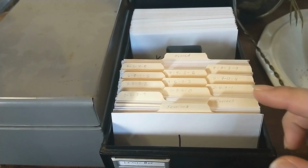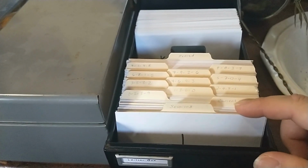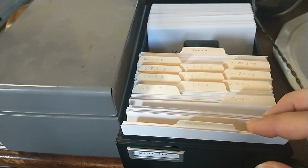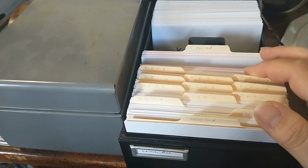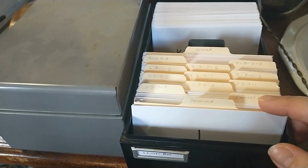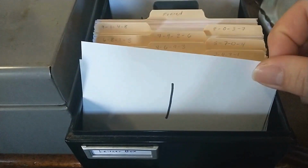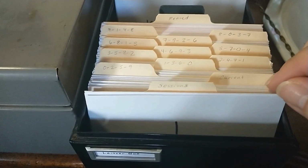A Leitner box consists of 12 folders or boxes. The cards that are in each folder are referred to as decks. So you've got your current deck, which you check every day. And at the very end, you've got a retired deck, which are ones that you've gone through. And then the 10 in between are numbered in a particular way. If you see this first one here, 0, 2, 5, 9, what these refer to are the sessions. So you do 10 sessions basically for one round, numbered from 0 to 9, and I keep track of them